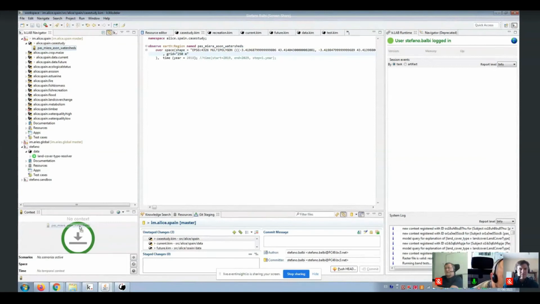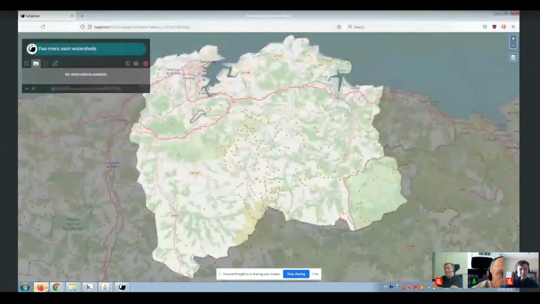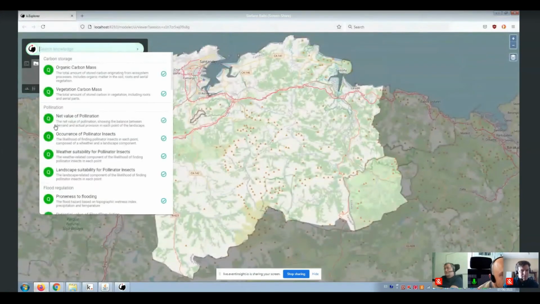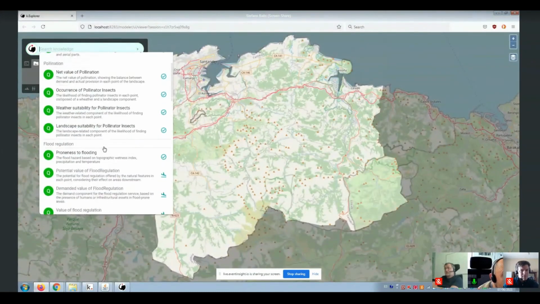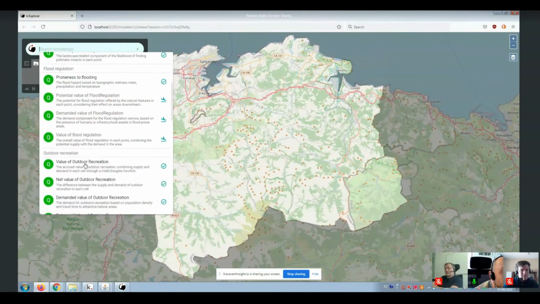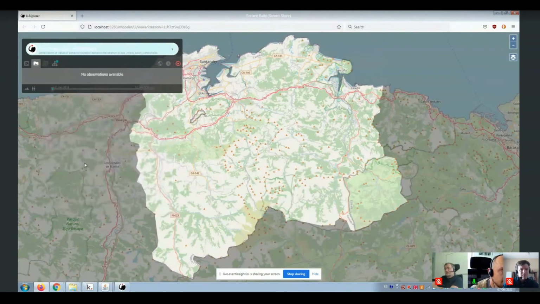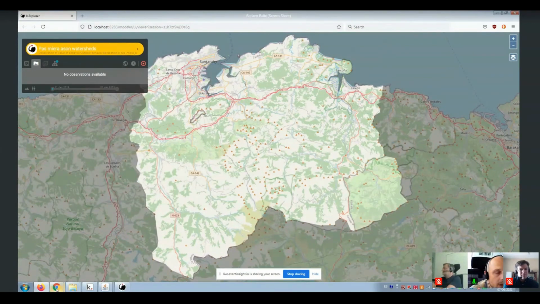And what happens is I will, for example, run the value of the recreation again. And this time it will run with my local data.